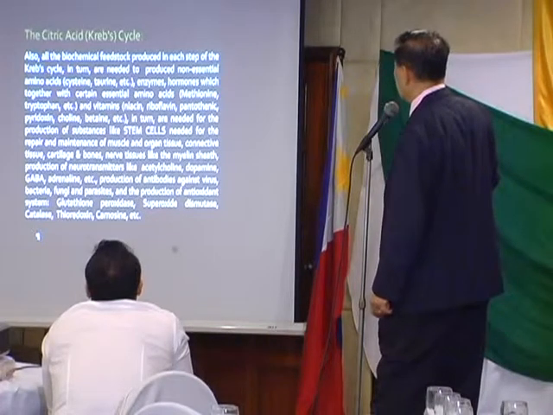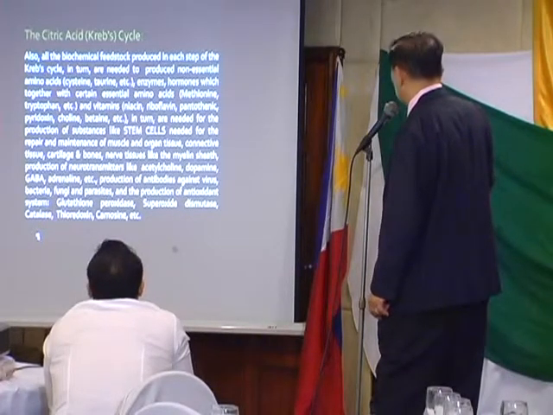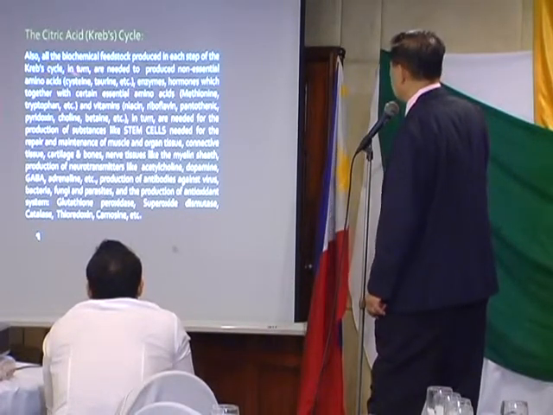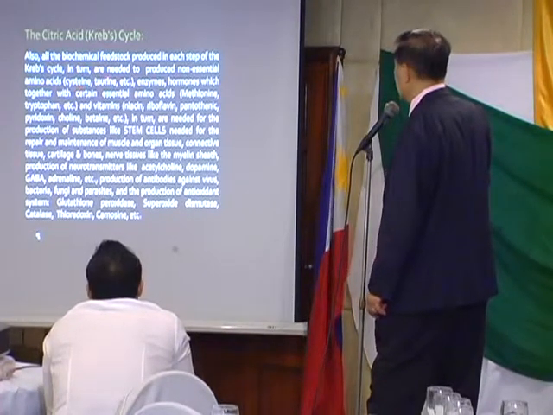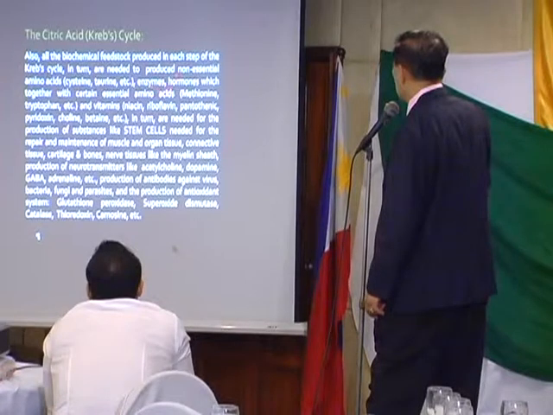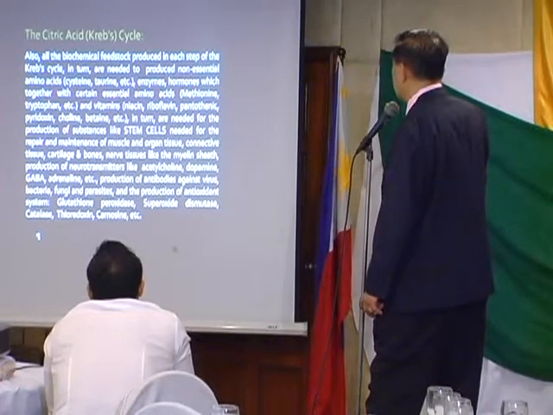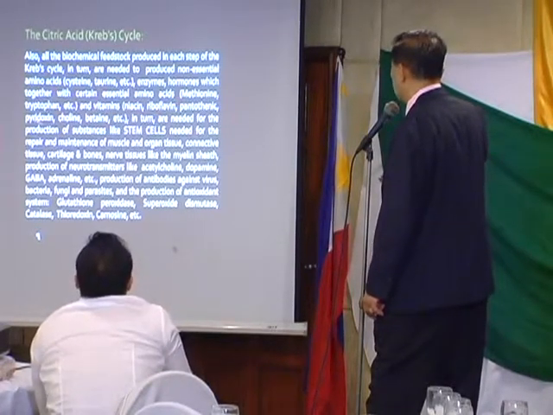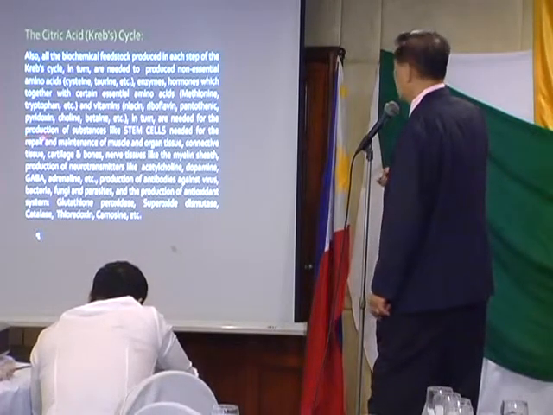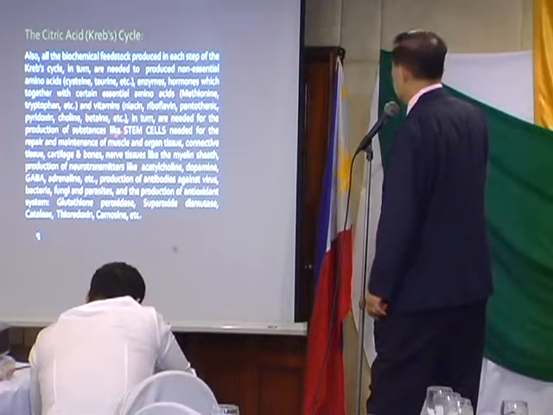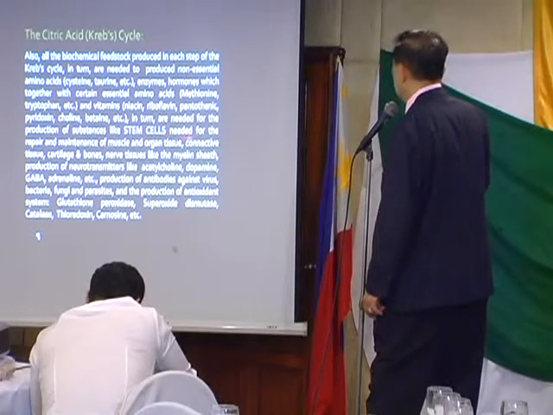Also, all the biochemical feedstocks produced in each step of the Krebs cycle in turn are needed to produce non-essential amino acids, cysteine, taurine, etc., enzymes, hormones, which together with certain essential amino acids, methionine, tryptophan, and vitamins, niacin, riboflavin, pantothenic, pyridoxine, choline, betaine, etc., in turn are needed for the production of substances like stem cells, needed for the